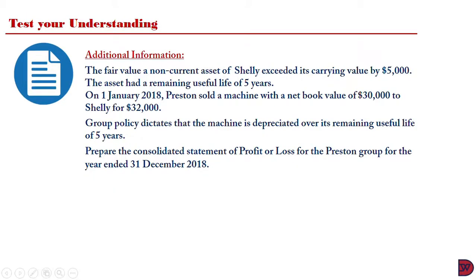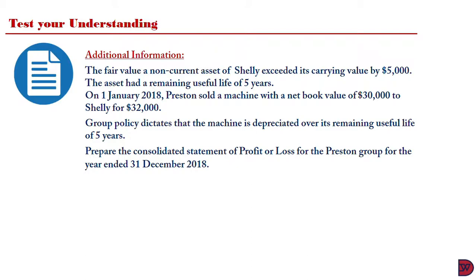Now, in additional information, the fair value of a non-current asset of Shelley exceeded its carrying value by $5,000. Now, the asset had a remaining useful life of 5 years. So on 1st January 2018, Preston sold the machine with a net book value of $30,000 to Shelley for $32,000. So group policy dictates that the machine is depreciated over its remaining useful life of 5 years. So we have to prepare the consolidated statement of profit or loss for the Preston Group for the year ended